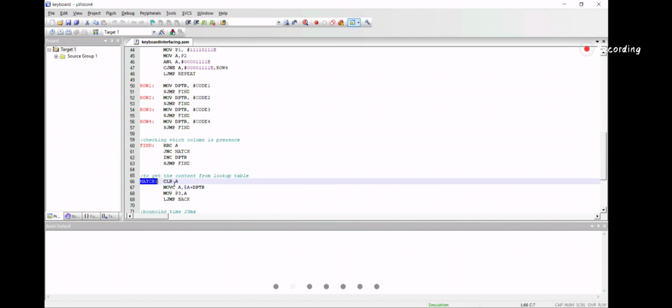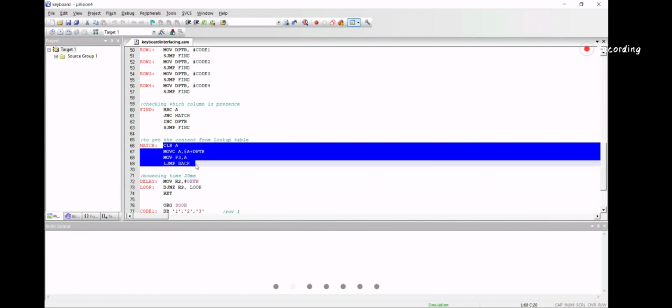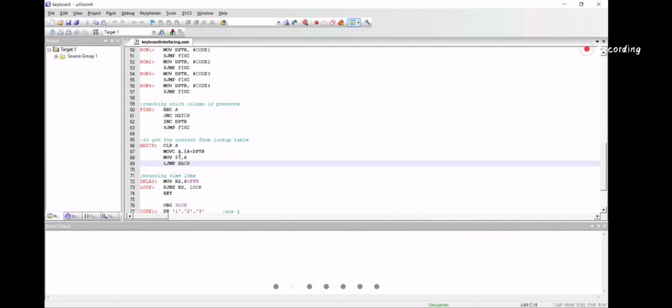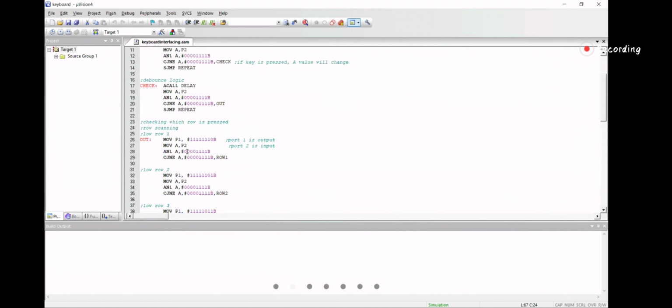Then finally, at the match subroutine, we will know which value has been pressed by using the syntax MOVC A, @A+DPTR. Let me explain with an example.